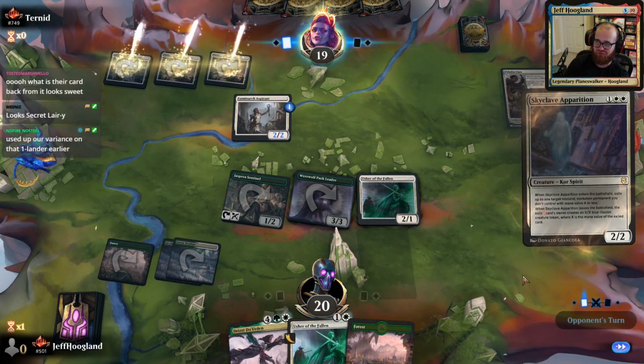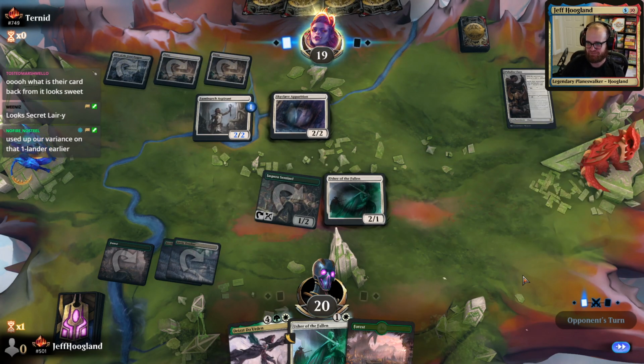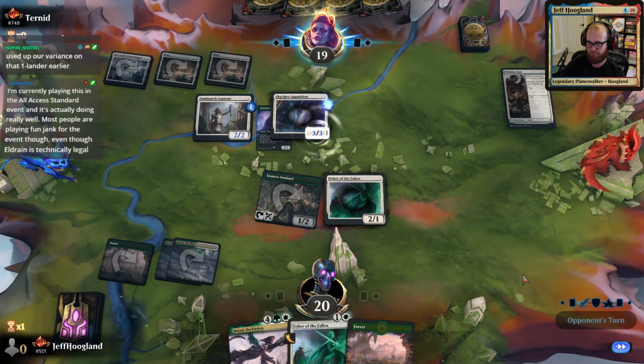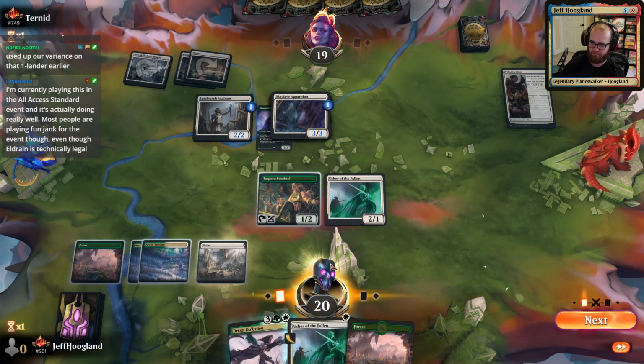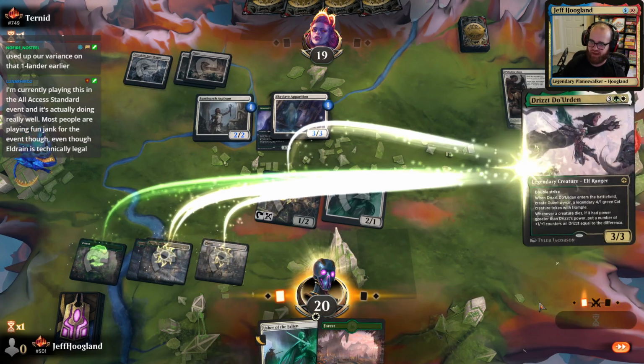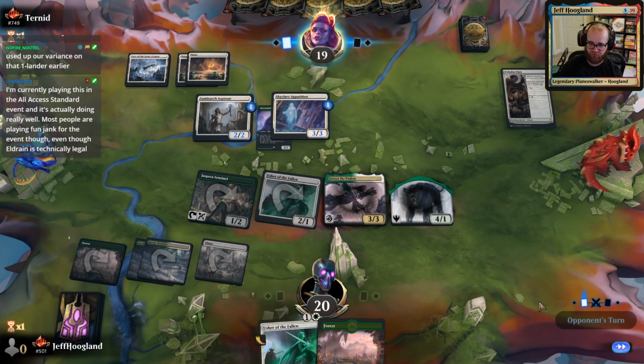We used up our variance on that one land earlier. Yeah, big mood. Could have had our cake and eaten it too, chat. The running untapped lands after we really needed one sooner is